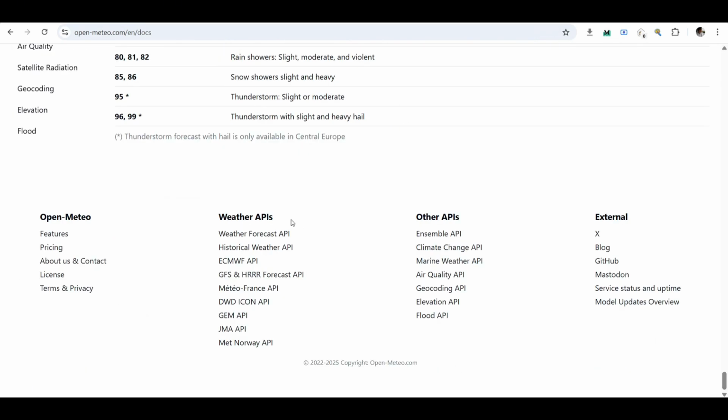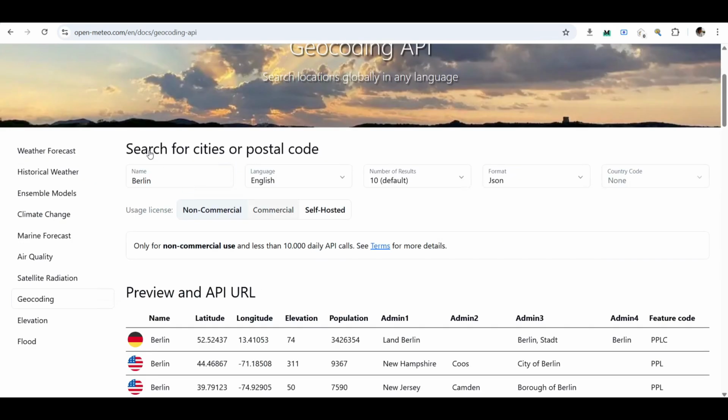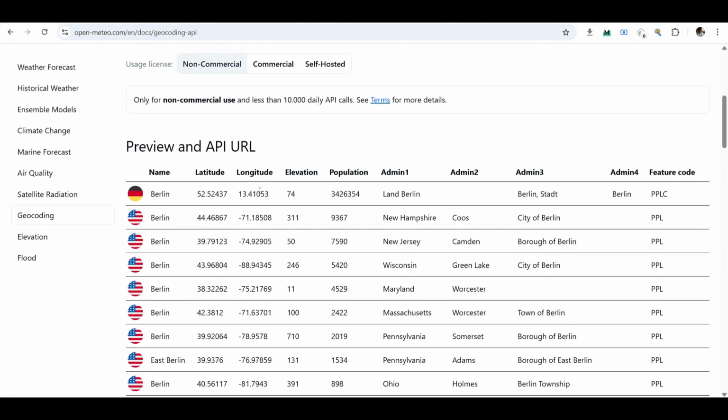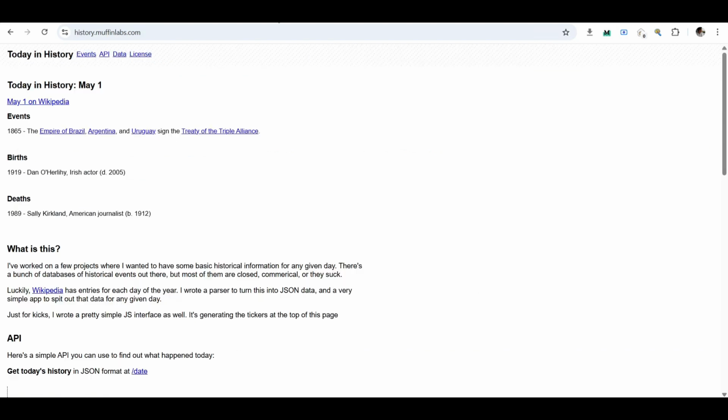If I scroll to the end of the page, you can see their available APIs. There's a geocoding API where we can supply the name of a city and it will return us the latitude and longitude that we need to then pass to the forecast API. As for the history events, we're going to be using the API from